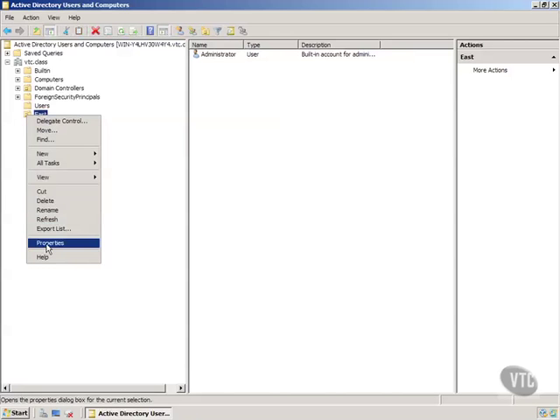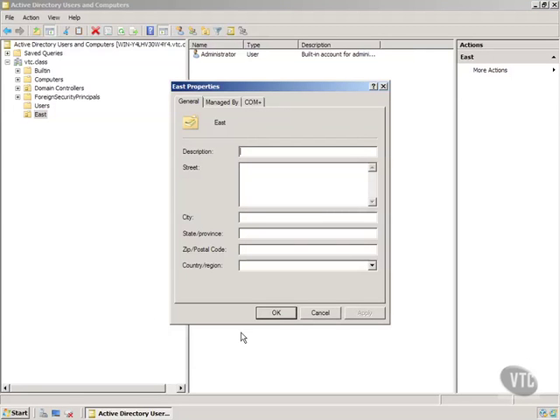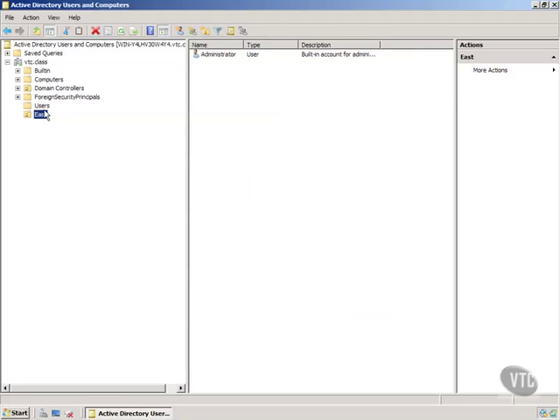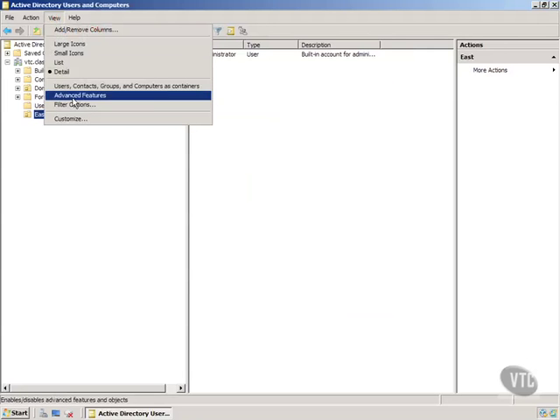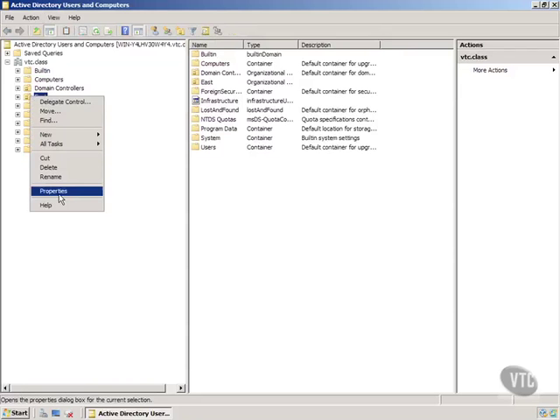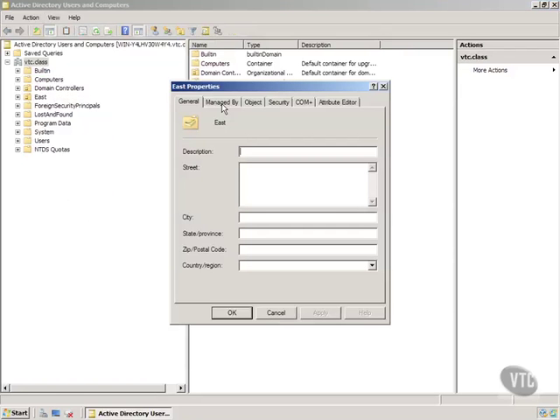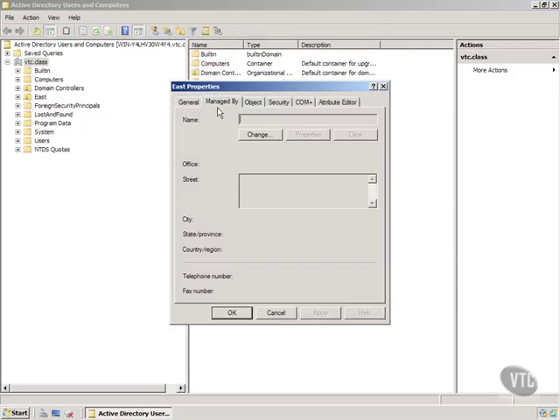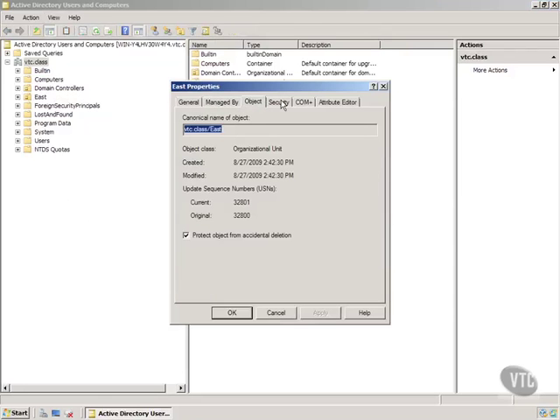If I right click and go to Properties, you will see Managed by, General, and so on. Not a whole lot of stuff. There's some things that you can set up out there. Well, I want to show you something else. If I go to View and turn on Advanced Features, that's just a toggle switch. And then when I go to East and go into Properties, notice we get a little bit more stuff out here. We can see some other things, and notice we can see Protect from Accidental Deletion,